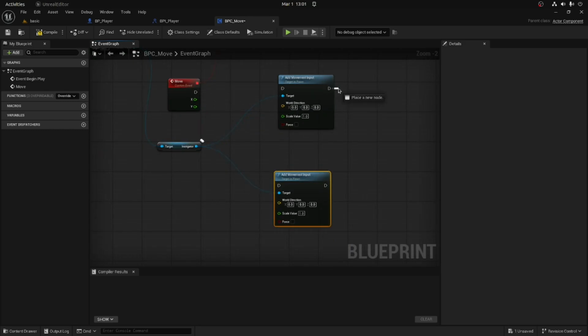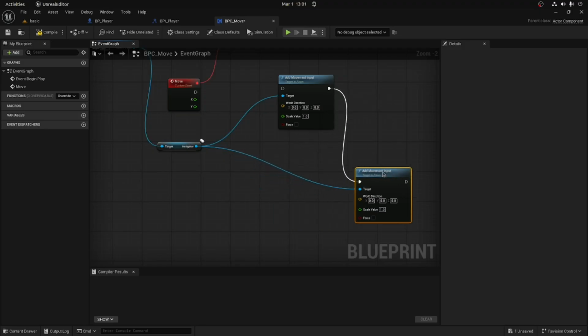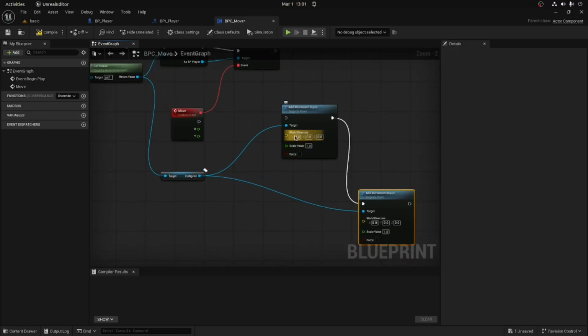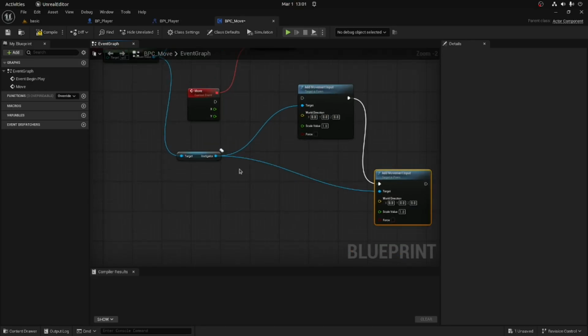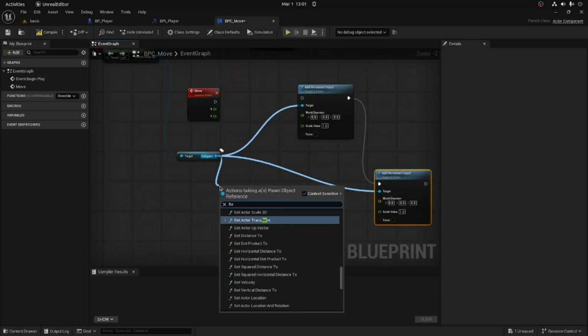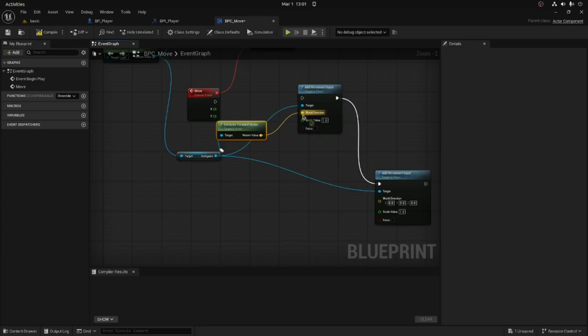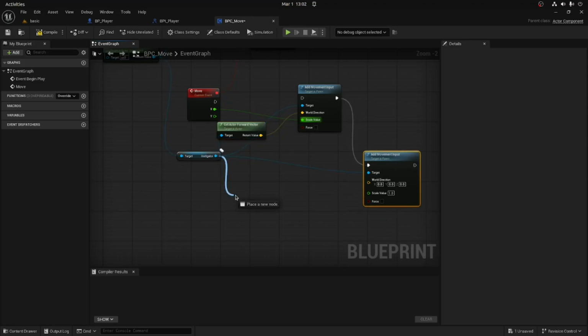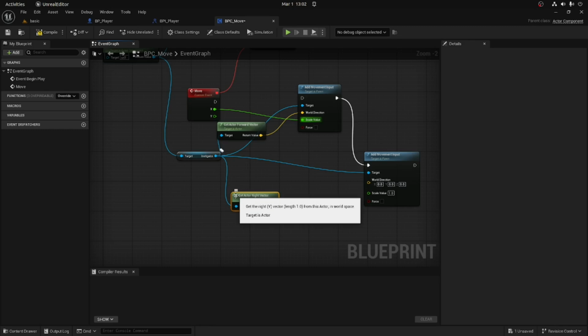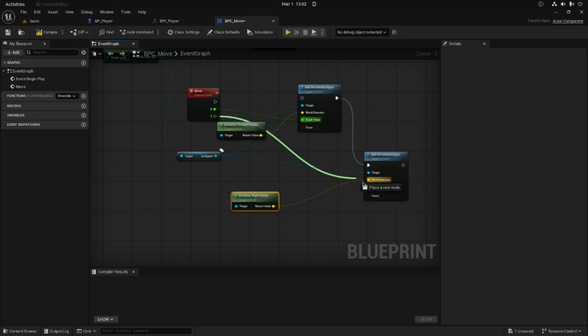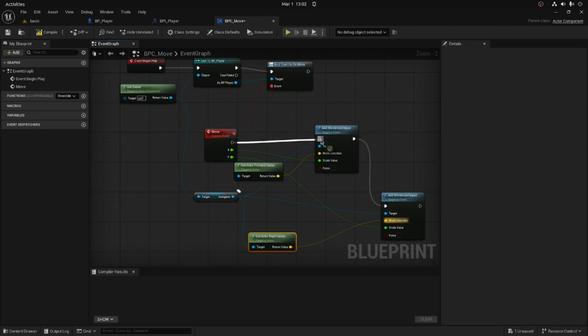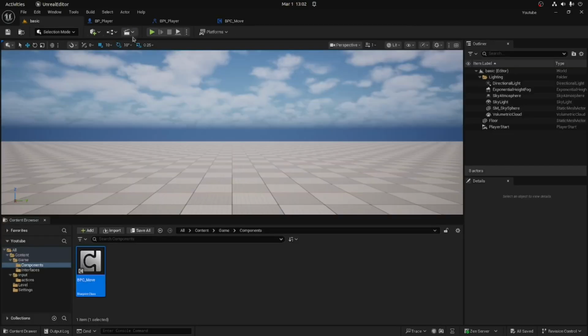And I'm going to plug the head of one into the tail of the other. And the direction would be forward vector. As we talked about, W and S, those would use the forward vector. The scale value is coming from the X, and then the A and the D would use the right vector, and the scale value would be coming from the Y. And if we plug that in and hit compile and hit play,